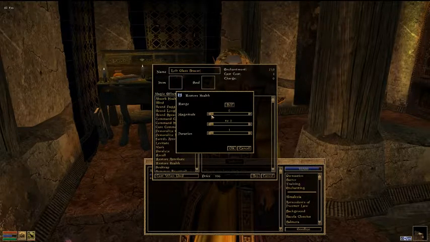Magnitude, let's say 50. You can set this from, so you could say from 1 to 100 if you want to. Or from 0 to 100. But that means every time you cast a spell, it's going to be a random number of health points. So for a spell like this, I just like to say, let's say a flat 50 points. So from 50 to 50 over 1 second. That is going to cost